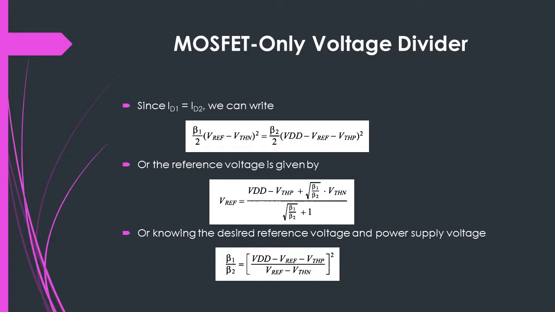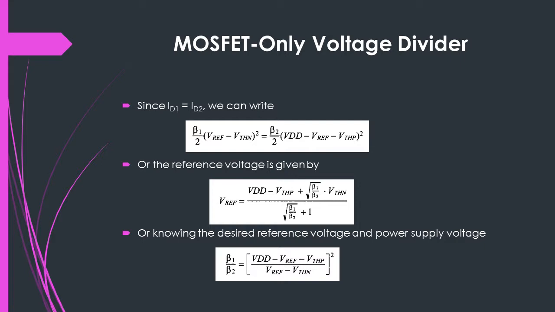The MOSFET-only voltage divider generates a reference voltage that is equal to the voltage on the gates of the MOSFETs with respect to ground. Since ID1 is equal to ID2, we can assume that beta1 divided by 2 multiplied by the square of the difference between Vref and VTHN is equal to beta2 divided by 2 times the square of the difference of VDD, Vref, and VTHP, where the reference voltage is given by